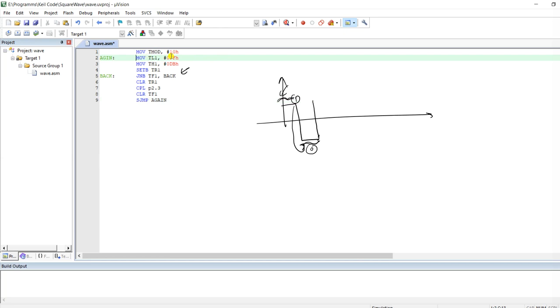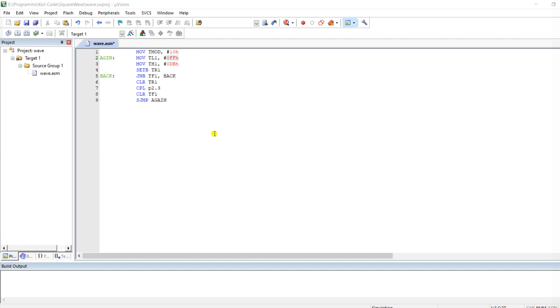It has to return back to this point so that it can make a square wave in continuous fashion. So let's clear all these things, and now our code is almost completed. So let's build the code.